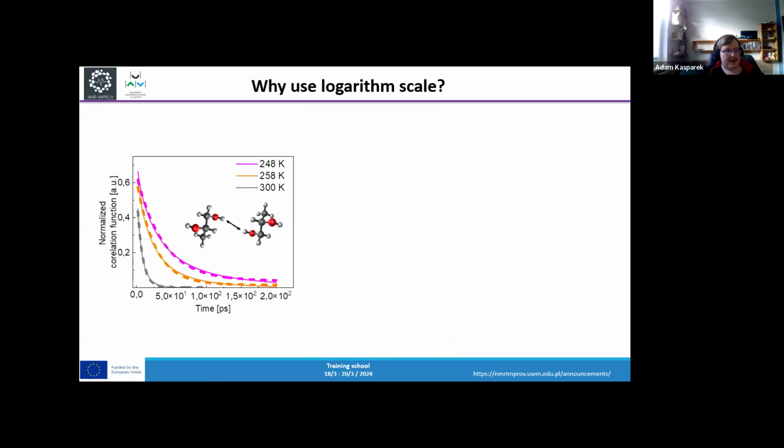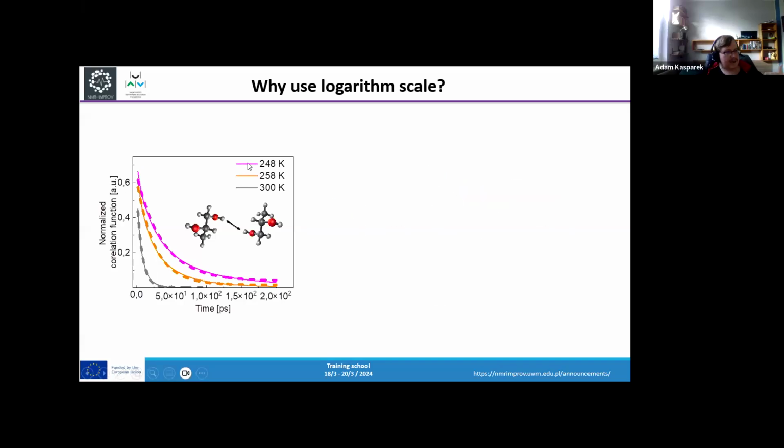Why do we do this? Because we very often have data, experimental or calculated, which goes through many orders of magnitude. So, for example, if we look here at this correlation of functions, this is from the article on which we are currently working. As you can see, I tried to fit here